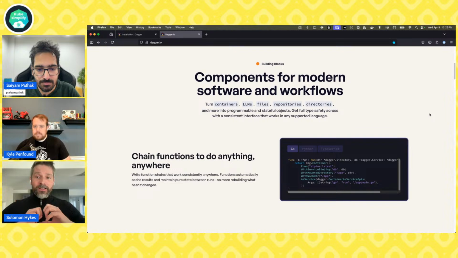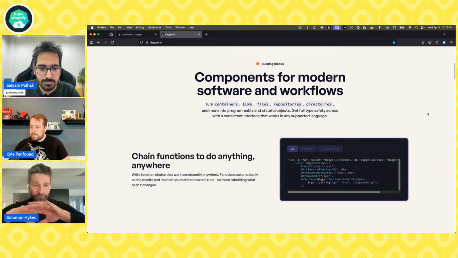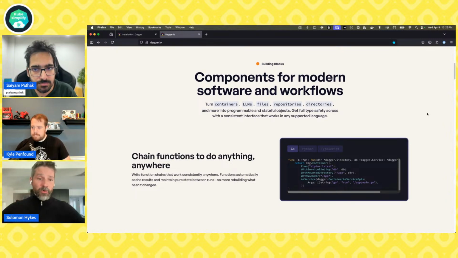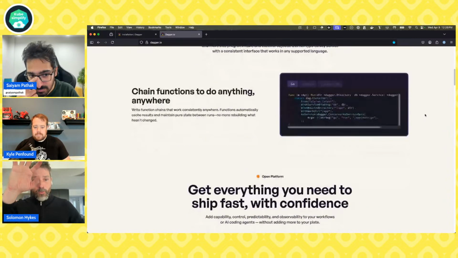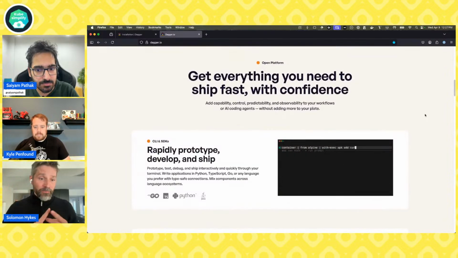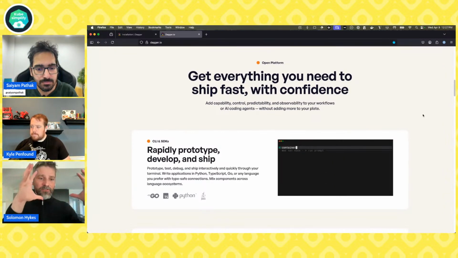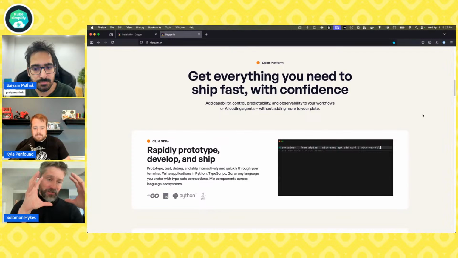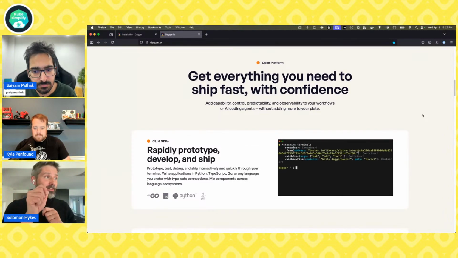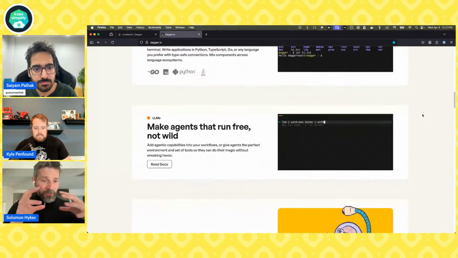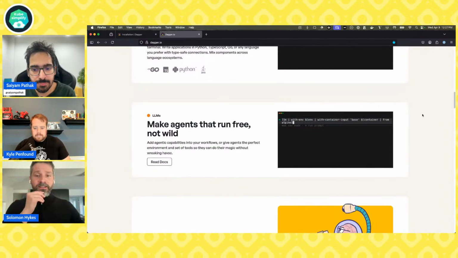So Dagger executes all the tasks that power these builds. It executes all the tasks that power these tests and these deployments, these complicated workflows, and it does so in a way that's very, very repeatable, very observable, which means there are ways to really see what's happening and why it failed and why it's slow. It's very modular, meaning that you can compose workflows out of little pieces instead of a big monolithic workflow that's difficult to change. Very important when you have lots of different tools that need to be combined, lots of different platforms, and